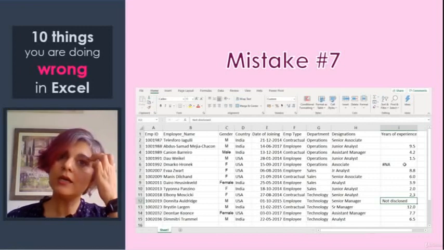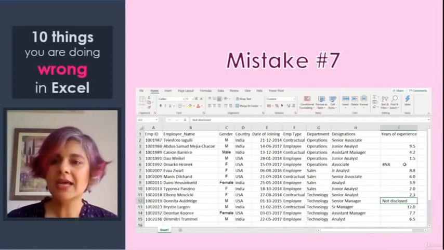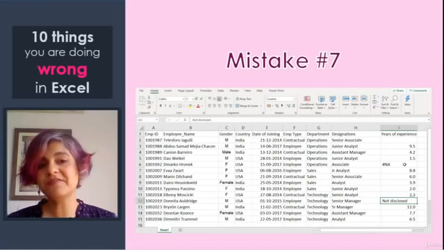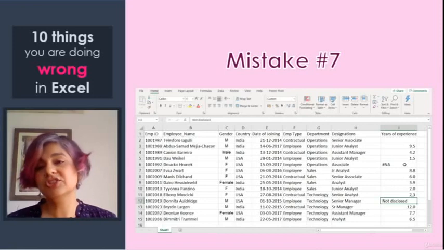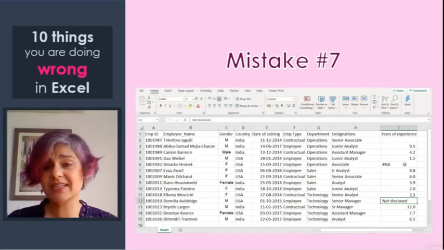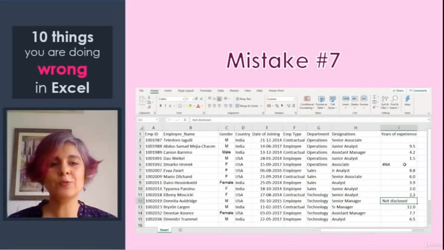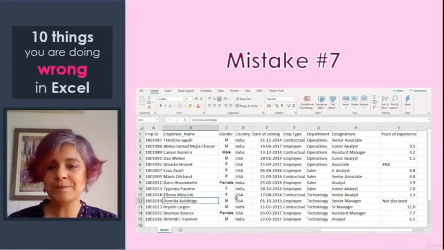The thing to keep in mind with missing values is that it's really important to be able to differentiate them from a 0. So it's quite a different case where a person chooses to either not share the information or just has no experience. And you would want to be able to look at this data and be able to differentiate between these 2 people, because otherwise, if I were to just replace all my missing values with 0, it would mean that Donita over here, for example, who is a senior manager, has 0 years of experience. So clearly that is not correct.